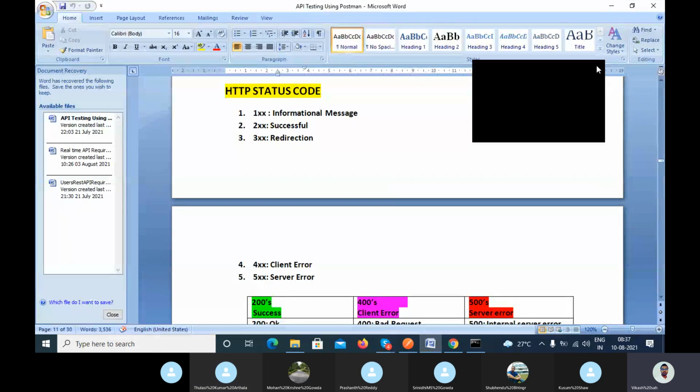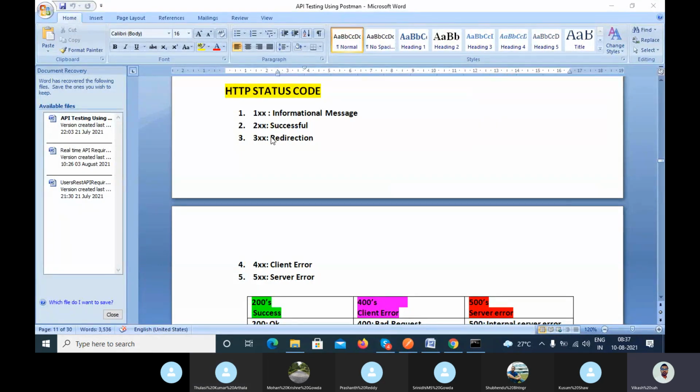Yeah. So in this class, we are going to discuss the HTTP status code. Okay. So generally, if you talk about real time, 90% we are using only three status codes. That is the 200 series, that is successful, 400 series, client error, and 500 series, that is server error. 99% we are using these three status codes in the API, in the REST API, in the web services.